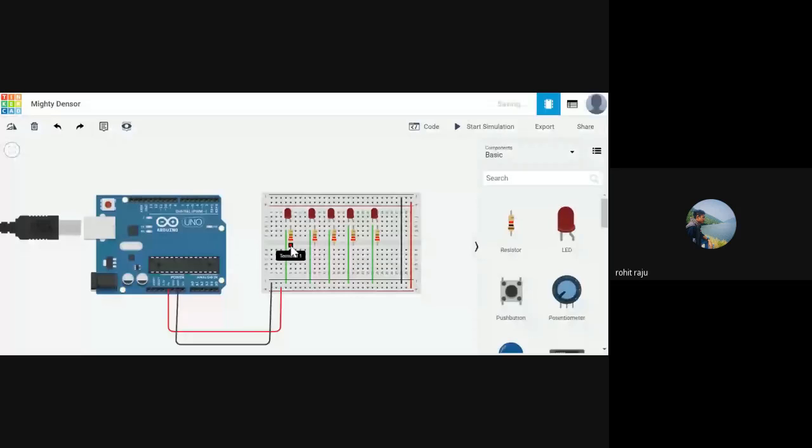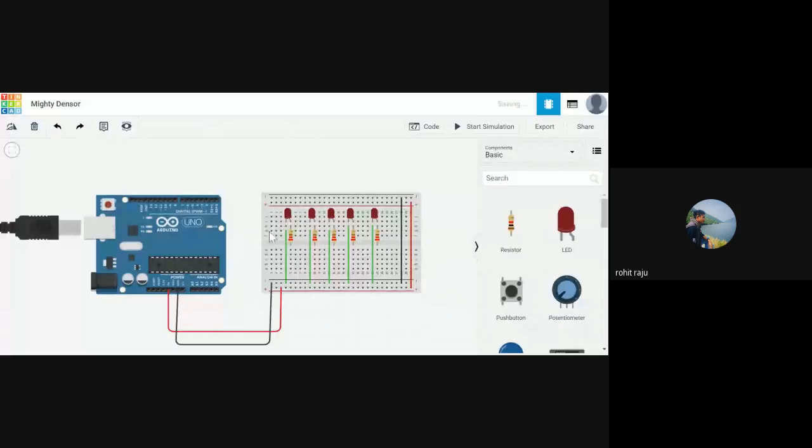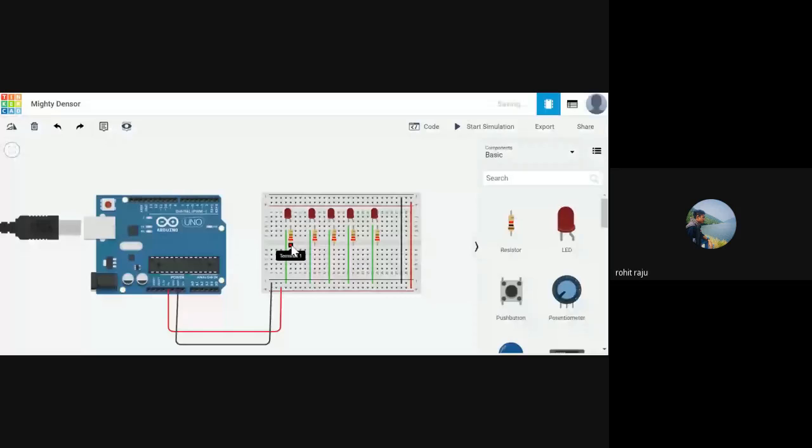For these lines, keep in mind that when you connect this terminal here, it won't be short circuited, because this whole portion right here is disconnected from this portion of holes. Only holes in these rows are internally connected. So if you connect this terminal to any hole right here, it is not short circuited. These portions are not connected. So connect these two, change the color to blue.